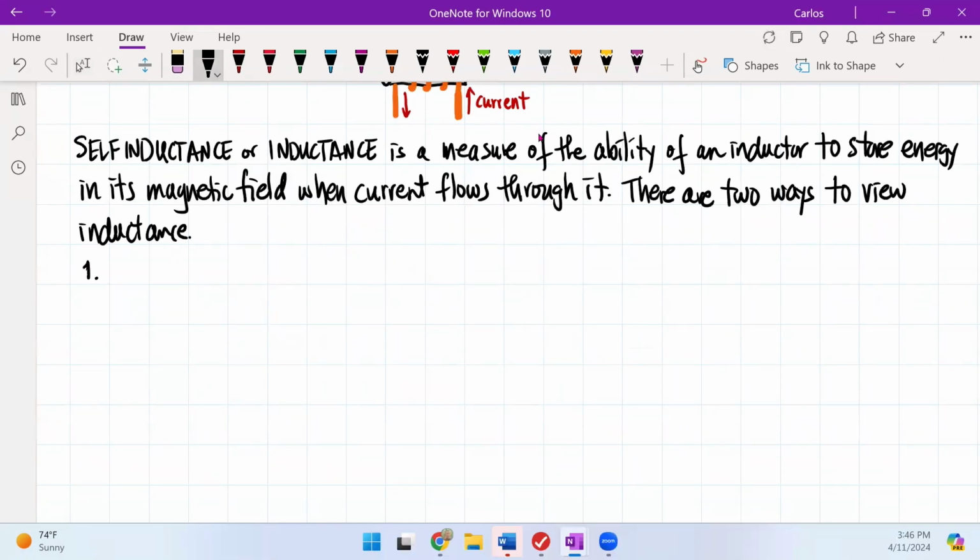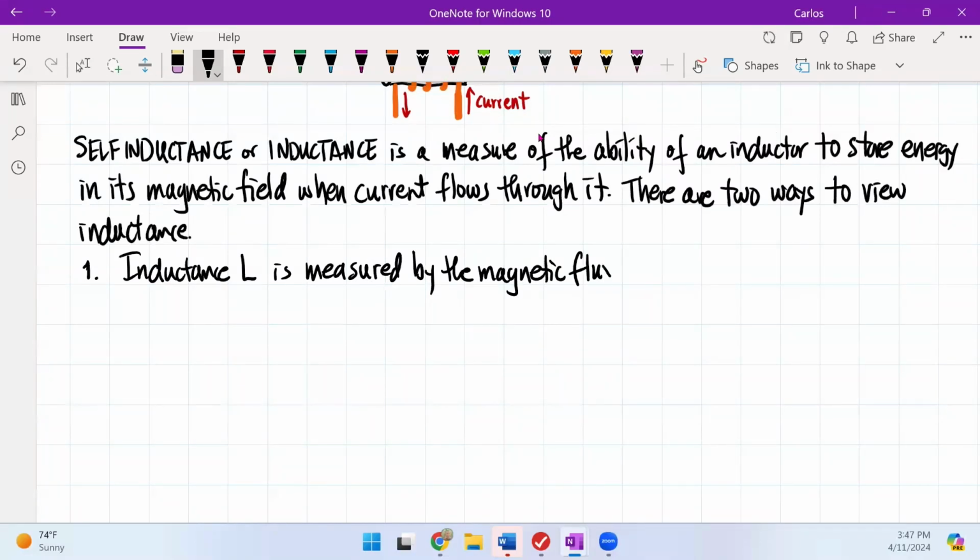One, inductance that goes by the symbol L is measured by the magnetic flux, not the magnetic field, but the magnetic flux, typically written as F of B or phi of B, to the current,